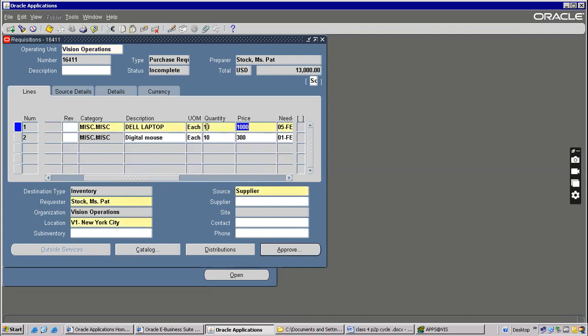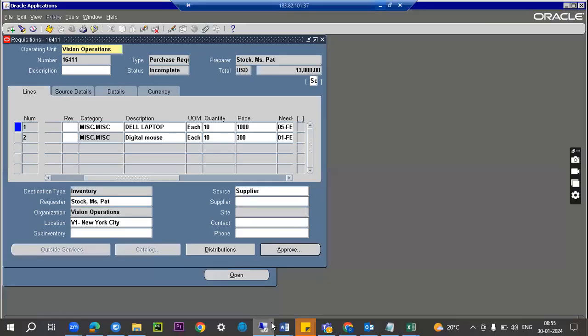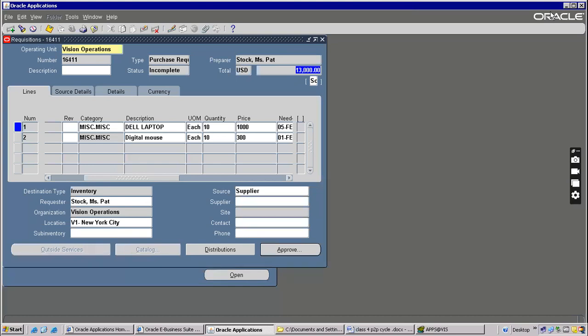Quantity into price, so that will be equivalent to the sum of quantity into price, that is equivalent to this total. So are you okay with this derivation, whatever query you prepared?